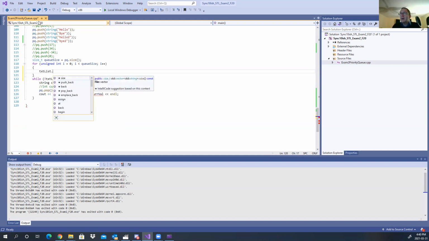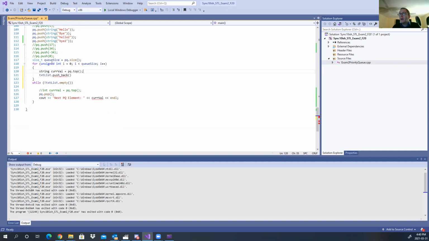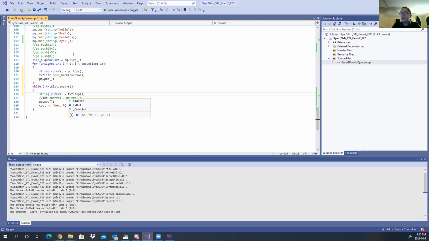Text list dot push on the back. So I'm going to get the top of my priority queue, push that text onto my vector. I'm then going to pq dot pop my priority queue, removing the top element. All right. So I'm just going to push all these values onto my vector. And then when I get to my vector afterwards, I'm going to use text list dot